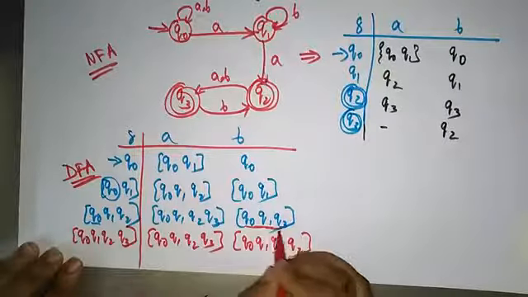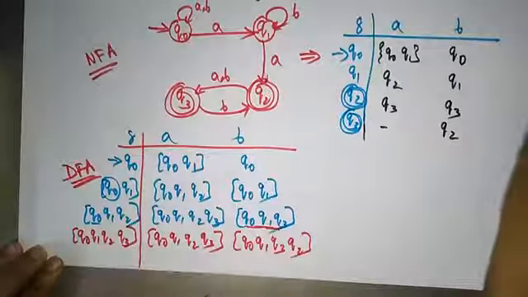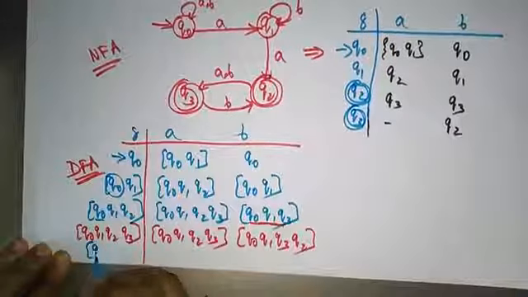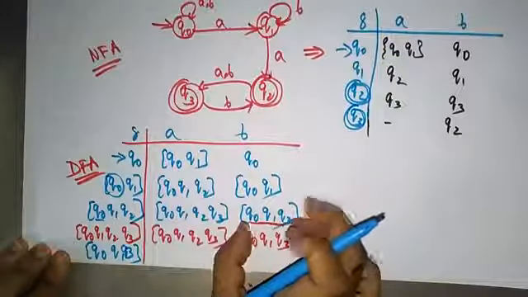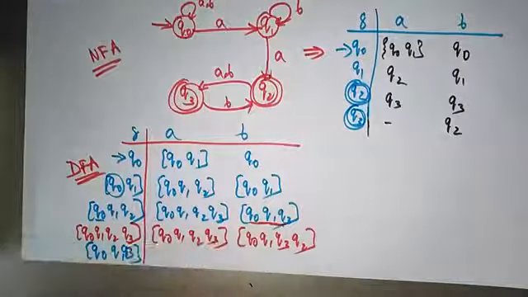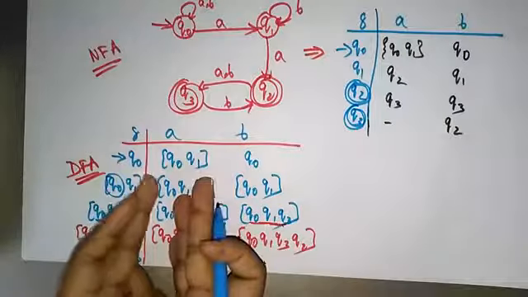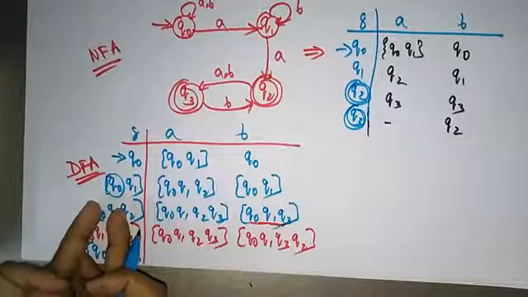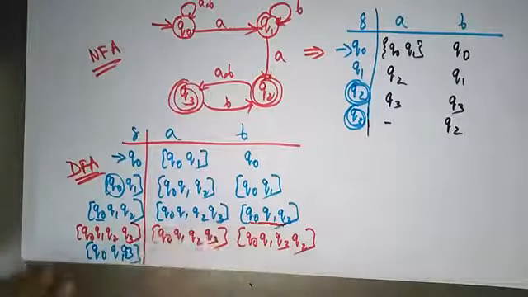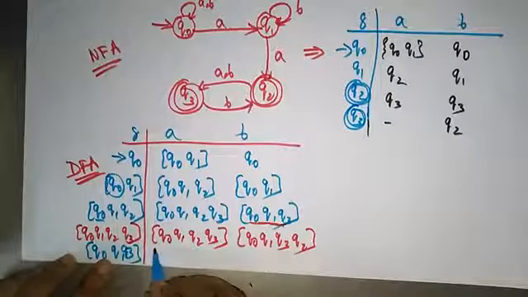Now the remaining thing is this is a new state that we have to consider. Q0, Q1, Q3. So whatever state I didn't make a new state and current state, we have to find out the next state. Whatever state you got, that next state you make it the current state, and for that current state I am finding out the next state. So Q0, Q1, Q3. Now find out.